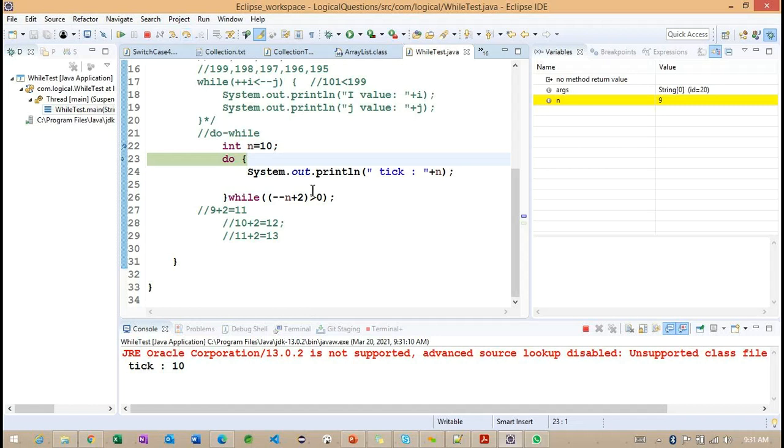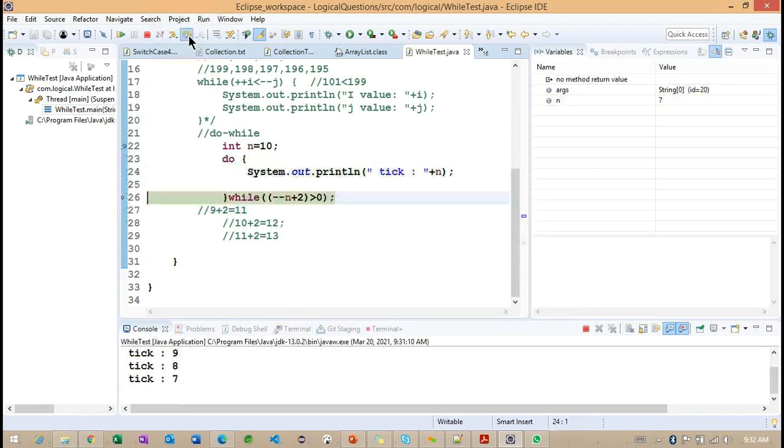Okay. Getting the point, what is happening? The particular addition is not affecting here.